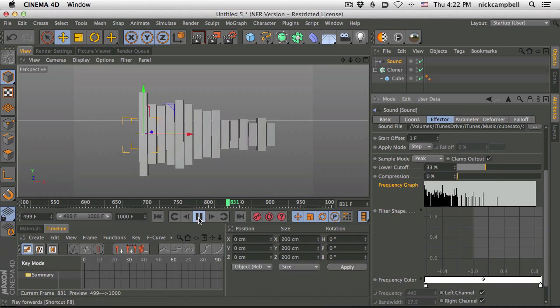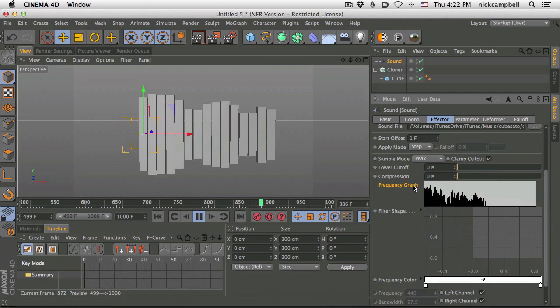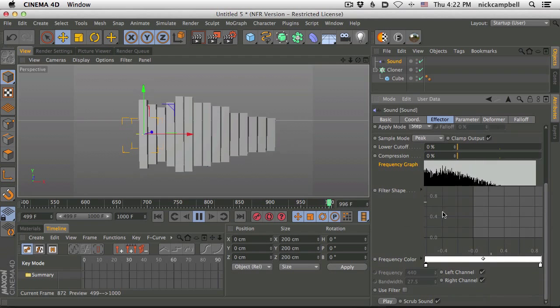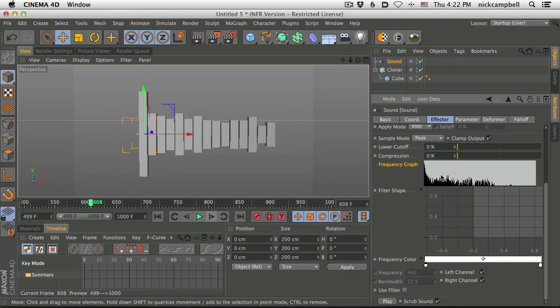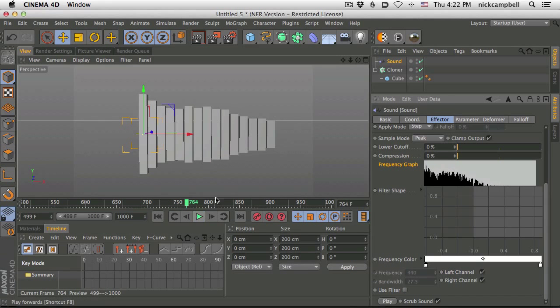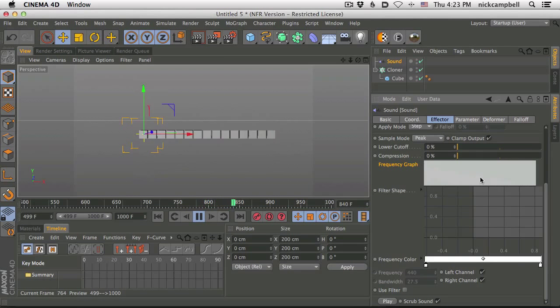So, all right, so what can we do? So let's turn both of these down and get a more kind of a natural look here. And let's look at some of the other settings that we may or may not use for the final animation, but I wanted to show you. The filter shape basically allows you to equalize this graph. So in this case, the bass is really heavy and it kind of trickles down, and the really high frequencies aren't really there. So in this case, it's really weighted very heavily to the left. And you can see this represented in the graph.